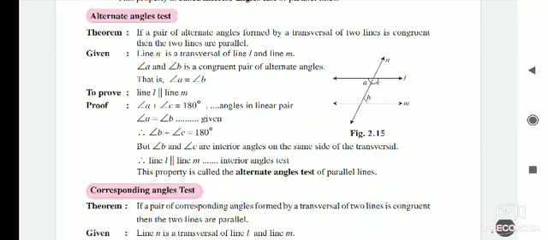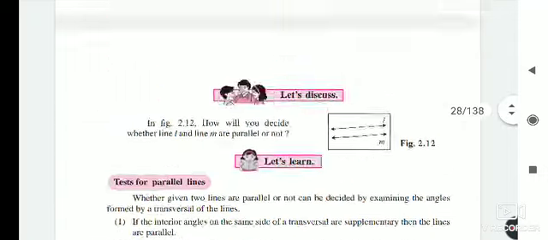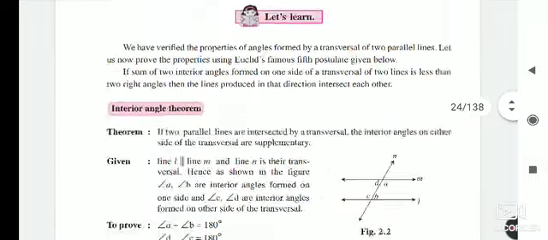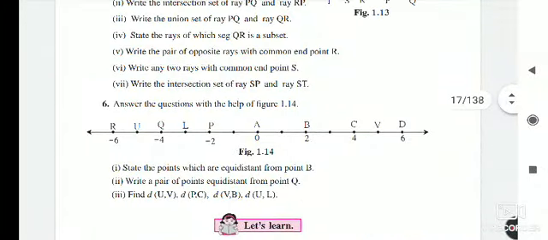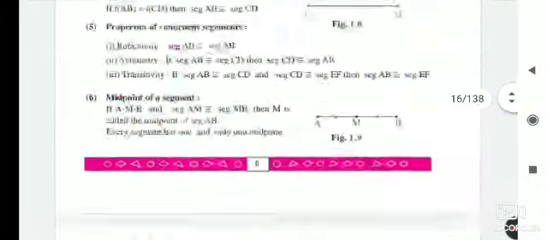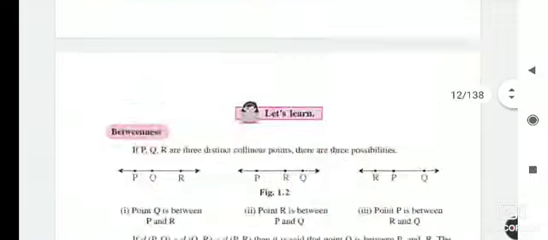now after this, as we know that for this year the government has reduced some of the syllabus from your textbook, and that part we will see, and then it will be easy for you to study for the unit test. So I will send you this photo in the group also, but it is in Marathi, so I will tell you here in the video only which part is deducted from the syllabus for this year. So first of all we will move towards the first lesson, page number 5, this is our first lesson.